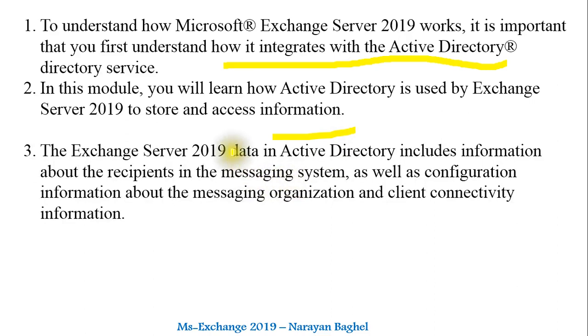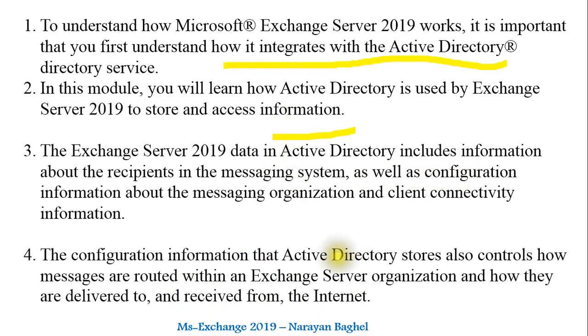The Exchange Server 2019 data in Active Directory includes information about recipients of the messaging system, as well as configuration information about the messaging organization and client connectivity information. So the Exchange server data in Active Directory includes this much information.